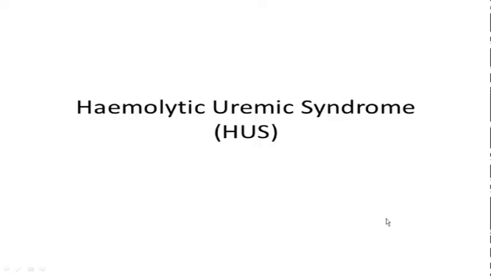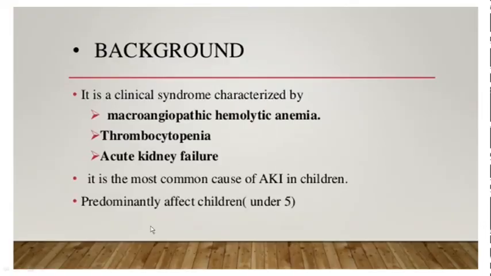So, hemolytic uremic syndrome, we'll just wrap it up. It's a clinical syndrome almost similar to TTP, except you have microangiopathic hemolytic anemia, thrombocytopenia, and acute renal failure. This acute renal failure is a more prominent feature of this condition. The absence of fever is how the whole syndrome is differentiated from TTP, and this is the most common cause of AKI in children.